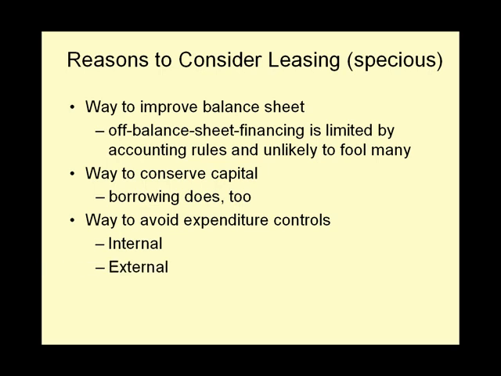Expenditure controls might also be imposed by external sources, such as a regulatory body. Often such regulations, which can be in place in quasi-public industries such as healthcare, in the form of so-called certificate of need regulations, cover leased assets as well as purchased assets. In this case, leasing provides no way around the regulations.